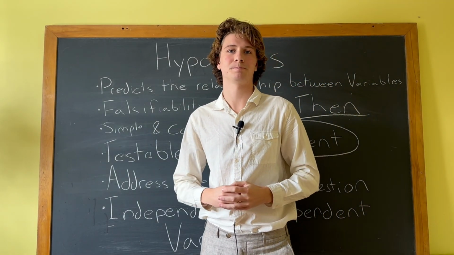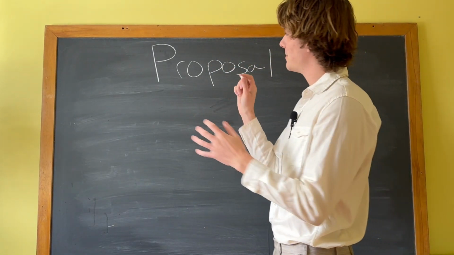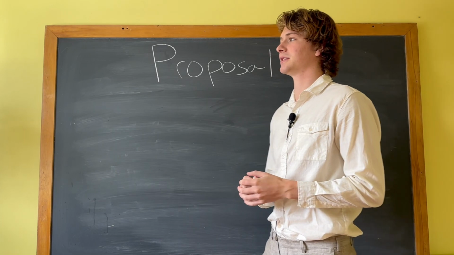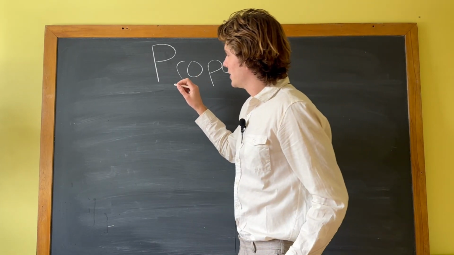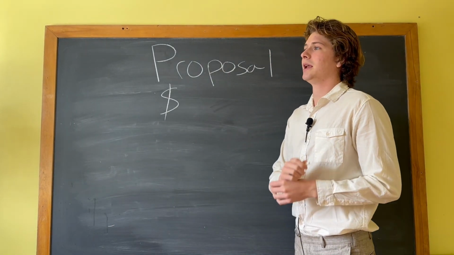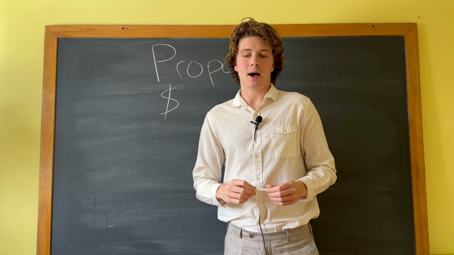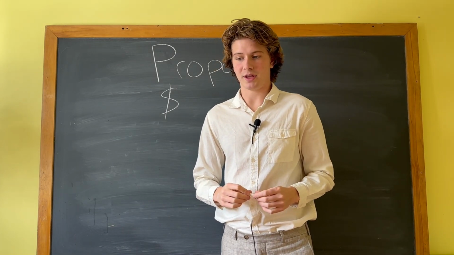We'll move on here now. All right, next we're going to be talking about the proposal. This is a fundamental part of science, of conducting science, right? Because you know what you need in science? You need money. Right? You need money in science, right? It's very expensive to run experiments, especially if you're really accounting for the confounding variables.